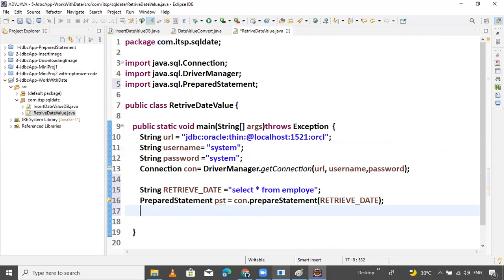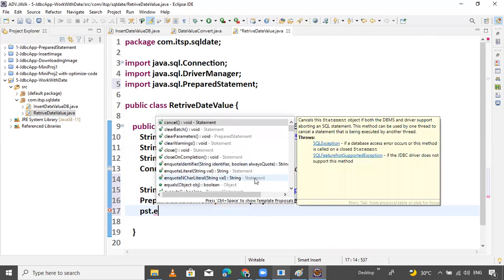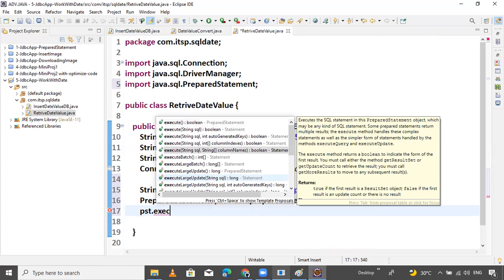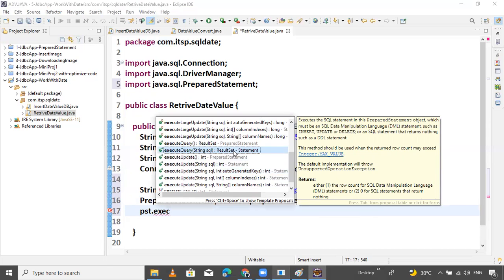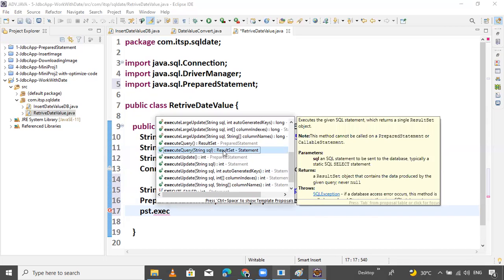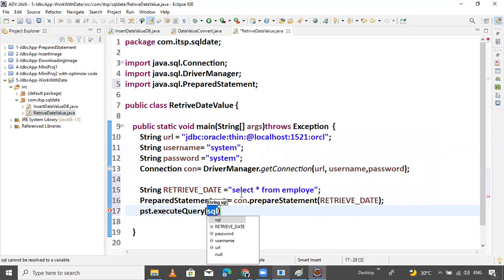Simple: pst dot executeQuery method is there. The executeUpdate method's return type is int, and the executeQuery method's return type is ResultSet. Okay, return type is ResultSet.